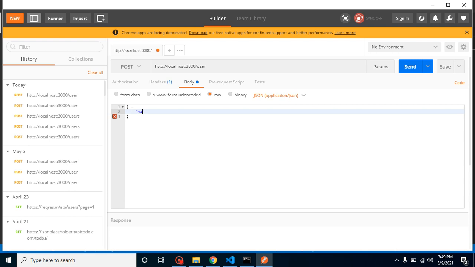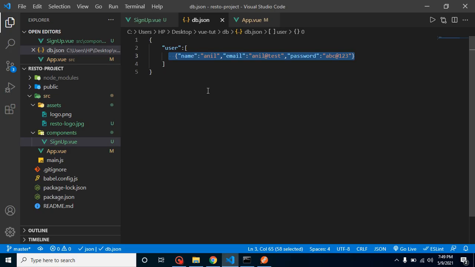So put here name. Let's remove this data first of all, so that we can check that everything is working fine from scratch. Let's remove it, right?